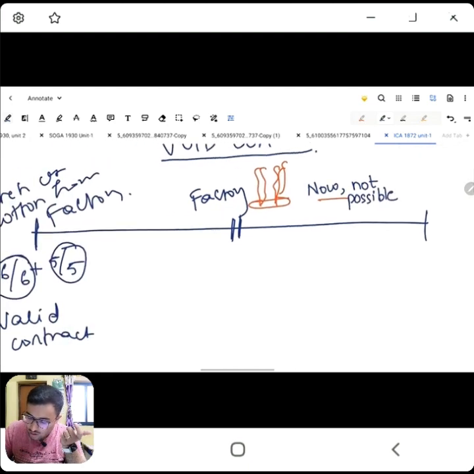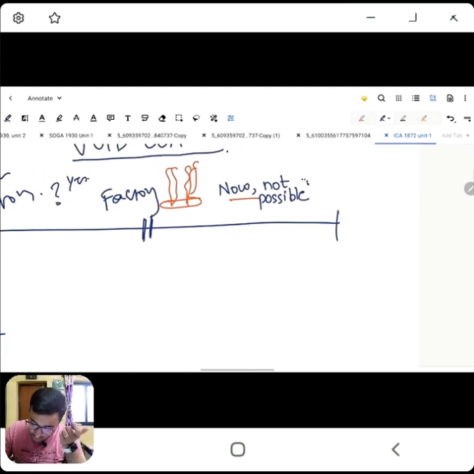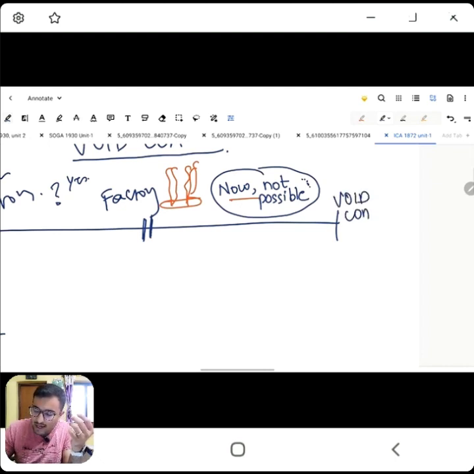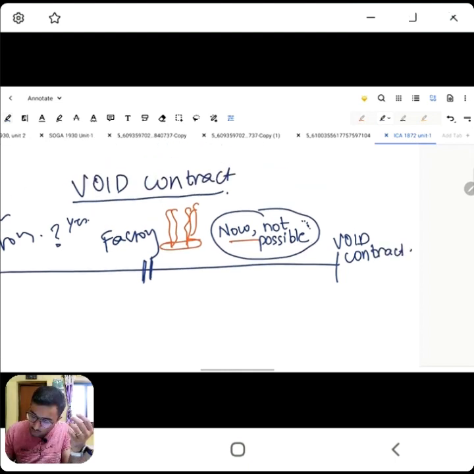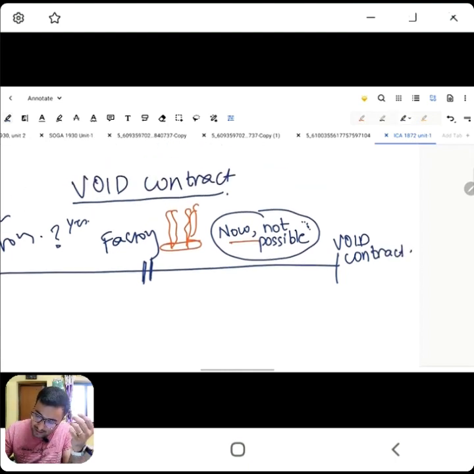Was it possible here? Yes, it was possible. Is it possible now? No, it is not possible. So once a contract is created, it is a valid contract. But if after this date of creating the contract, in future something happens, some accident happens because of which it now becomes impossible to perform, this will now be called a void contract. Okay, this will now be called a void contract, and this concept is known as